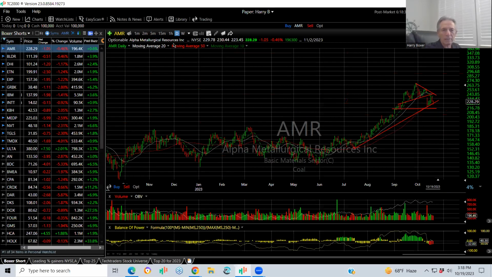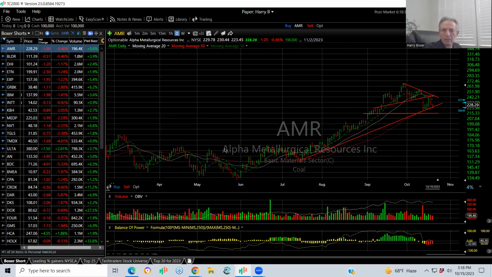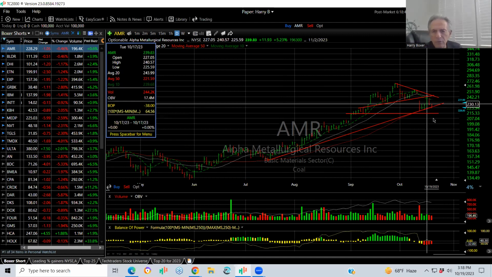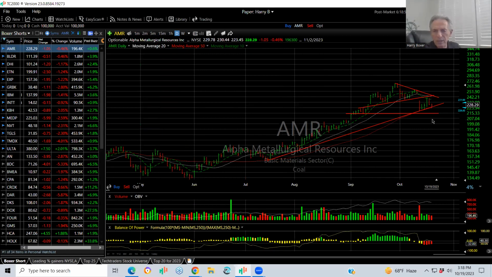Now, recently, I saw this head and shoulder type top, a breakdown and a snapback, and I told my subscribers this could be an excellent short. Well, just in the last 2 days, it's dropped from 240 to 223. And should it get underneath this line under 215, it can start to fall away into the high 180, 190 zone. That's where I believe it might be going.